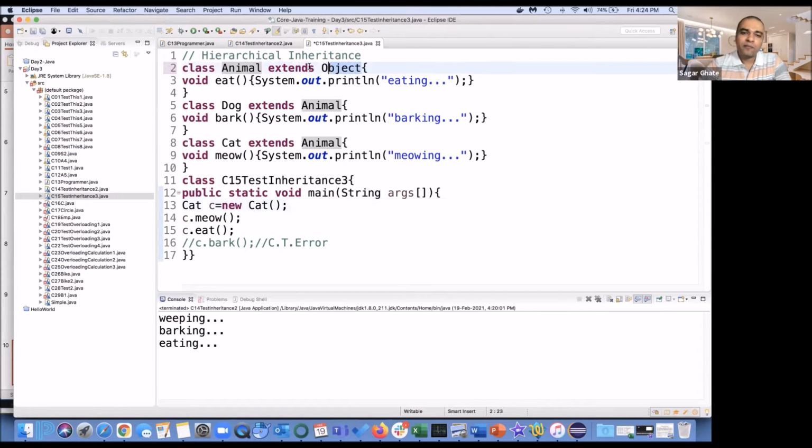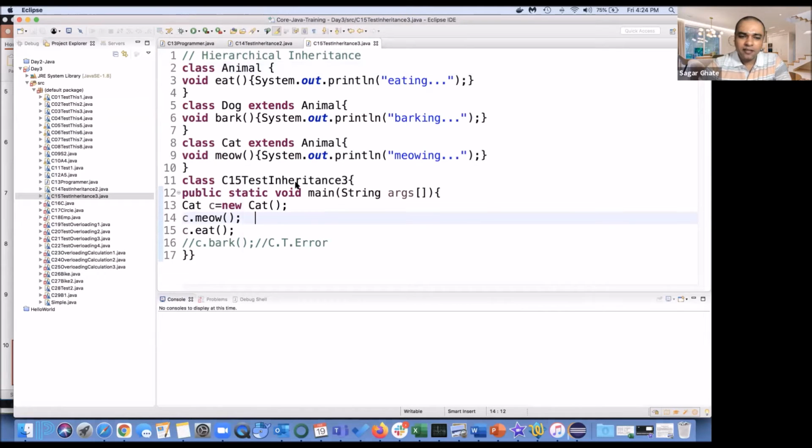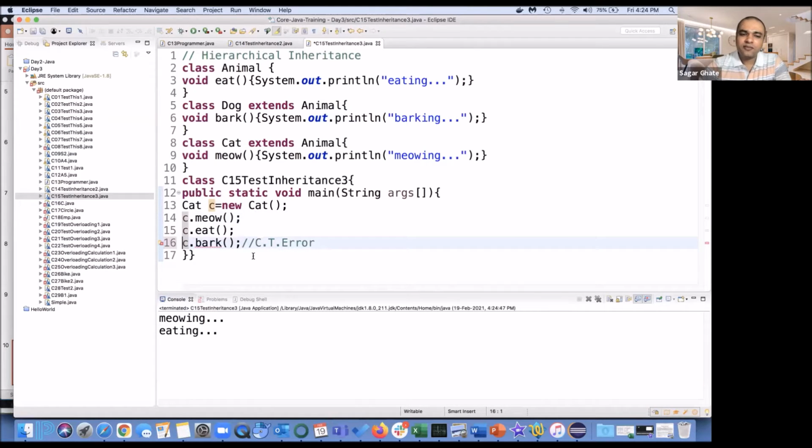Fine. So I'm not writing it here, but ultimately your compiler is going to write it. If I execute this function, you will get the output mewing and eating. But if I remove this, you will get a compile time error that we have seen last time itself. So hierarchical inheritance is not possible in Java.